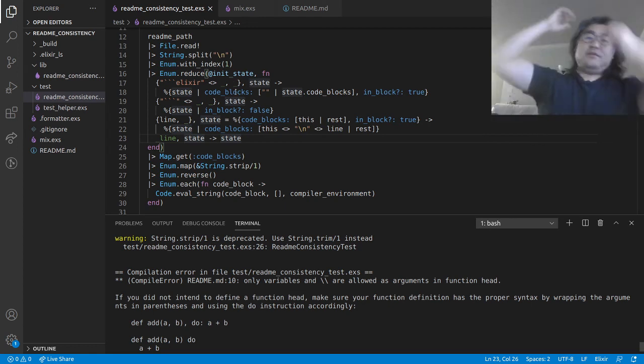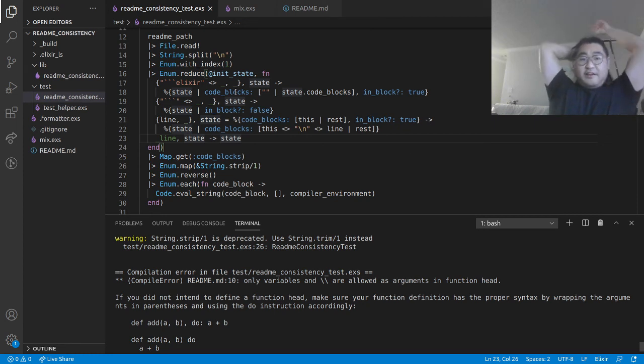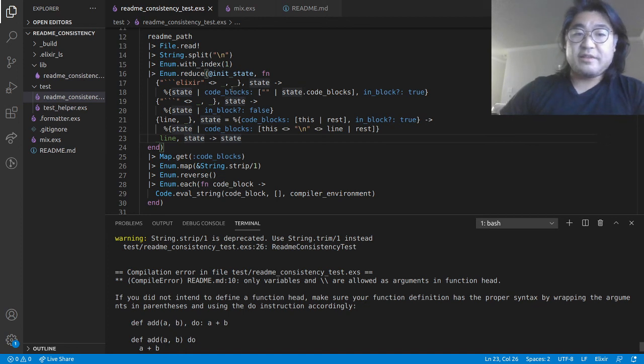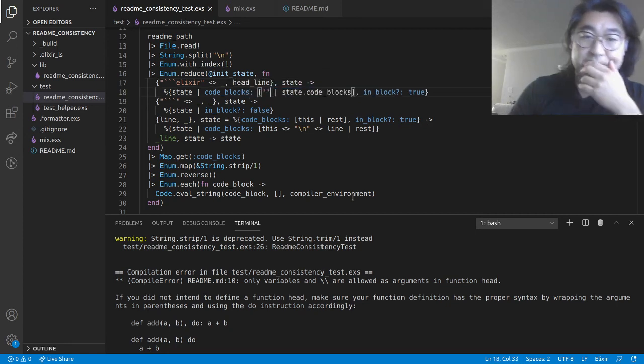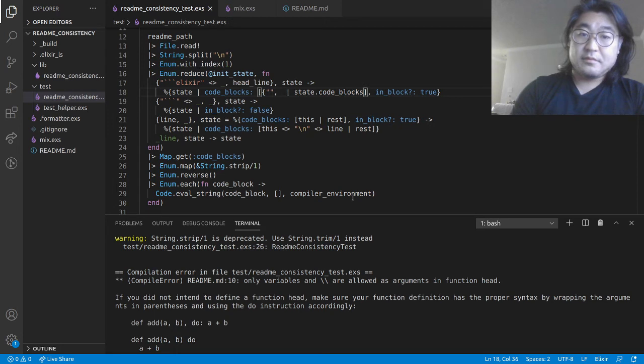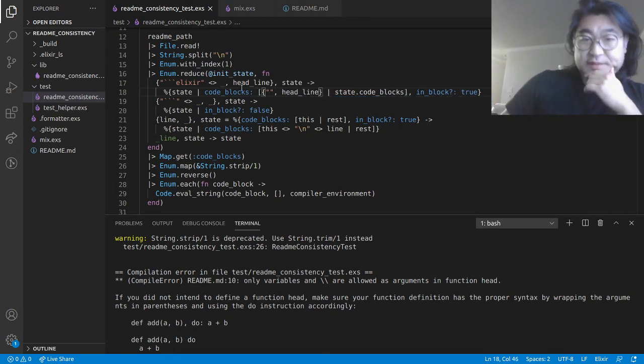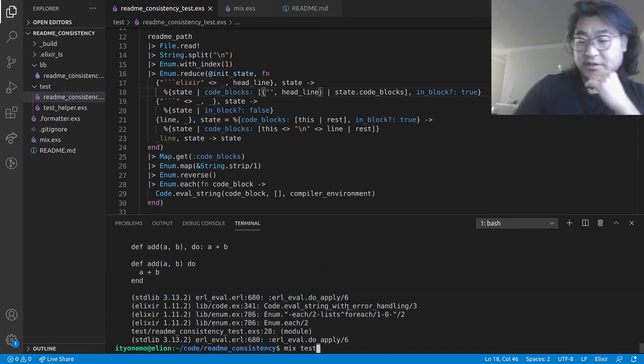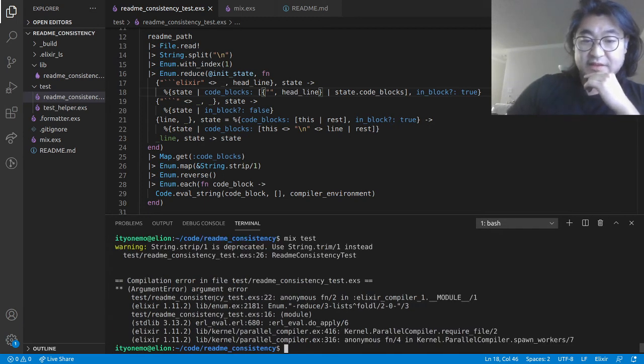What I want to do is store alongside of the code block the line number of the head. So head line. So that's what I'm going to do. When I initiate this block, I'm just going to store the head line of that block. All right. So this is obviously going to have problems because all throughout, I'm going to have an issue